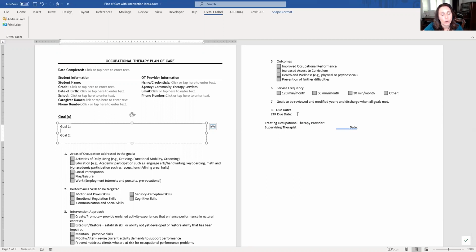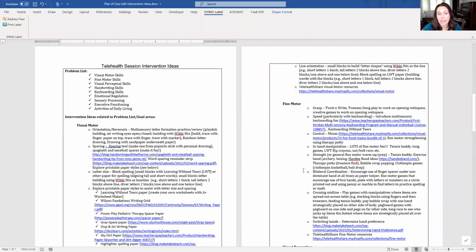When are we going to be looking at some of these things? And then the name, of course. So this is a nice, covered area, a nice section to have some of that basic information for quick reference for what our plan of care really is. And then the following 5 pages include